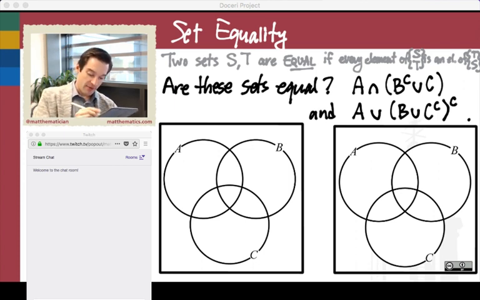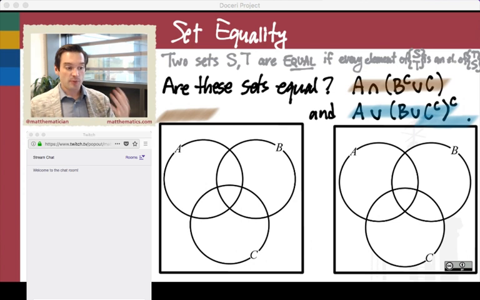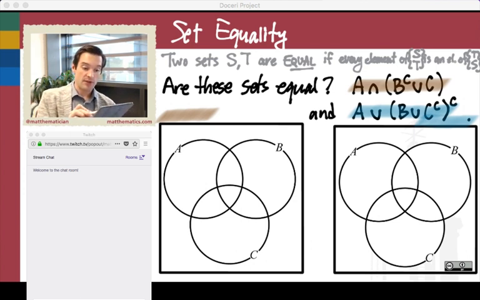So let me highlight my first set here, A intersect B complement union C. That's the one that we're going to try and shade over in this first diagram. And then the second diagram, we'll want to shade this one. Okay, so I want to shade the regions which correspond to each of these combinations of sets first, and then just compare the two. So again, following the order of operations, the first thing we're going to want to do